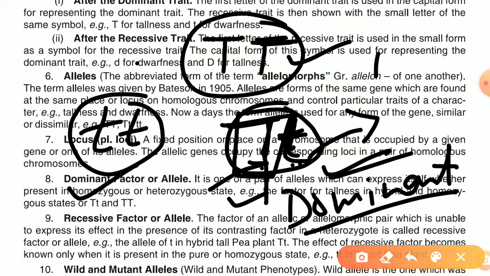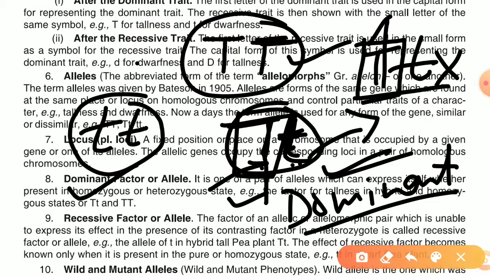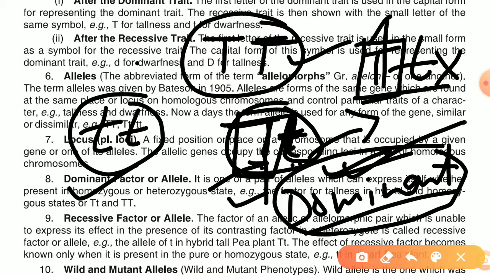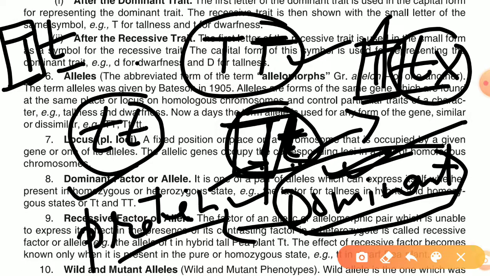क्यों इसको डोमिनेंट जीन बोलते हैं? बिकॉज जब डोमिनेंट जीन और रिसेसिव जीन दोनों इकट्ठे प्रेजेंट होते हैं, तो डोमिनेंट जीन अपनी ही चलाता है. मीन्स ये अपने आप को एक्सप्रेस करता है, जो ये बोलेगा वही होगा, दूसरे वाले जीन को अपने आप को एक्सप्रेस करने नहीं देता. तो डोमिनेंट जीन वो जीन होता है which expresses itself and does not let the recessive gene express. अब कोई जीन अपने आप को कैसे एक्सप्रेस करता है? कोई जीन अपने आप को एक्सप्रेस करता है by making a particular type of protein. ठीक है? तो अगर किसी ऑर्गेनिज्म में ये वाली कंडीशन है कि एक जीन कैपिटल T है और एक स्मॉल t है, तो हमेशा कैपिटल T जो है वो अपने आप को एक्सप्रेस करेगा.